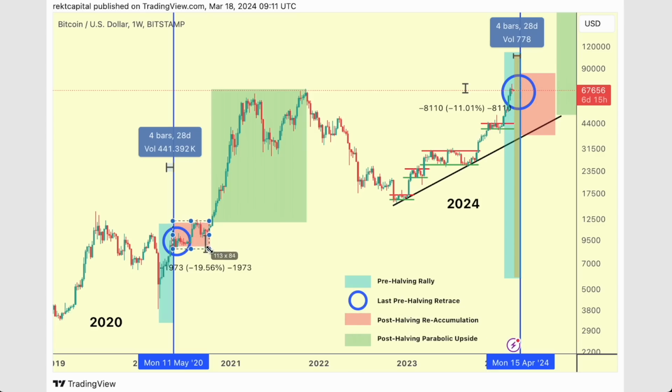This is a period where we transition into a sideways range for multiple weeks. So that's a phase that lies ahead, but right now we're already transitioning away from the pre-halving rally phase and slowly transitioning into the last pre-halving retrace phase, where after a spectacular amount of upside in this pre-halving rally phase, as we tend to see across cycles, it's time for that pre-halving retrace. It's time for that corrective period, for things to cool down, for people to panic sell, for the halving to occur, for traders and speculators to get washed out of the market before we're finally ready to reaccumulate a bit,